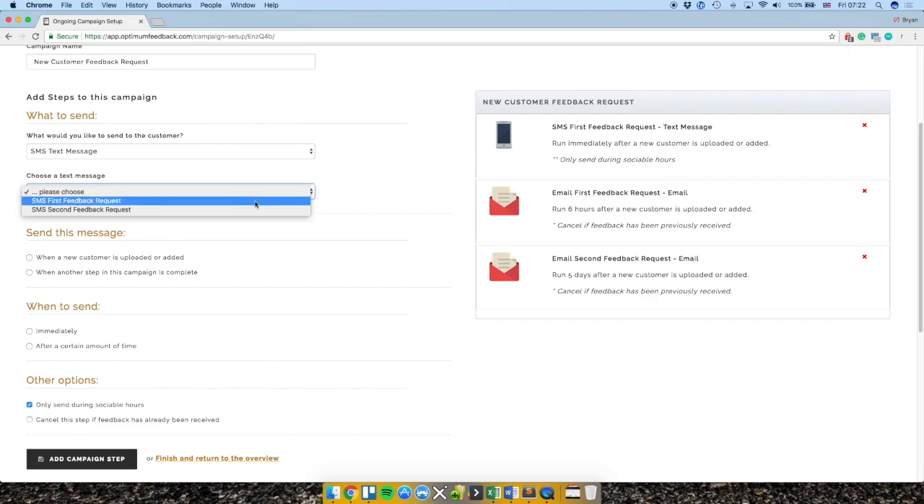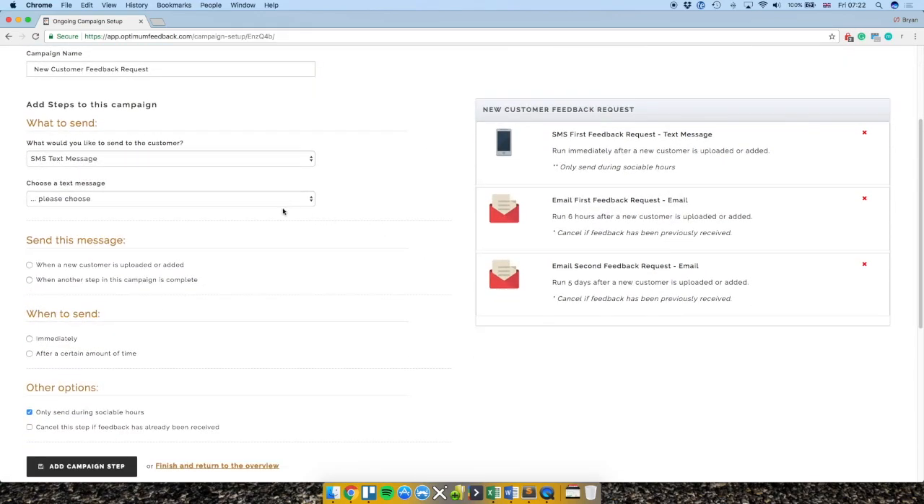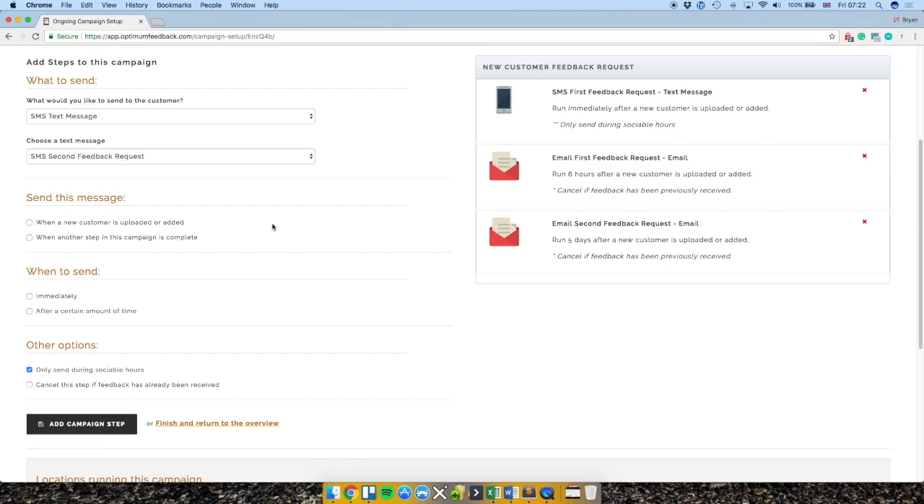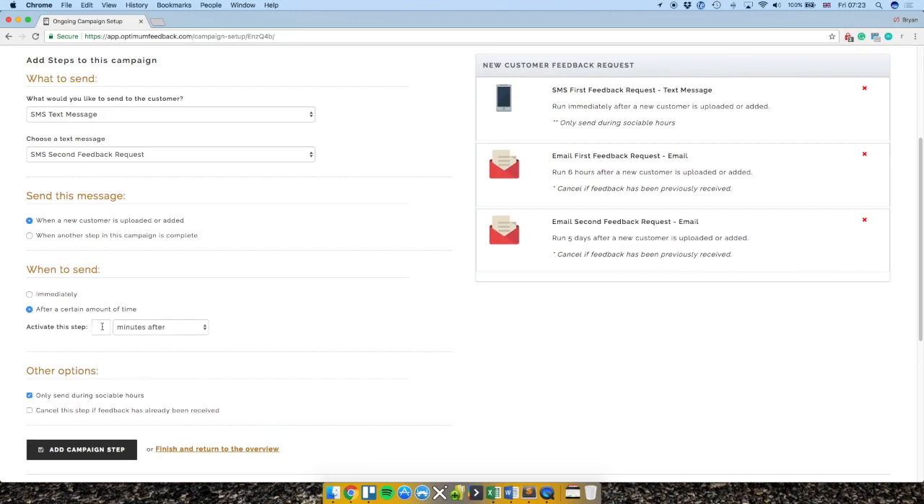So first of all, you need to select the text message template that you want to use. Now these templates you can edit and add when you go into campaigns and message templates, but as you may have noticed, the system does come with a number of preloaded templates, so we'll just use this one for now. Now we will have this message sent when a new customer is uploaded or added, and we want to send the message after a certain amount of time, and we will take this to 10 days after the customer is